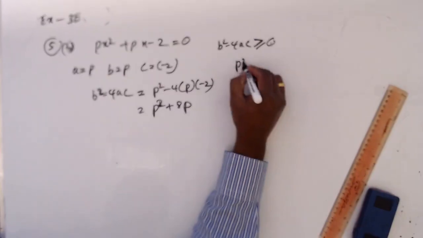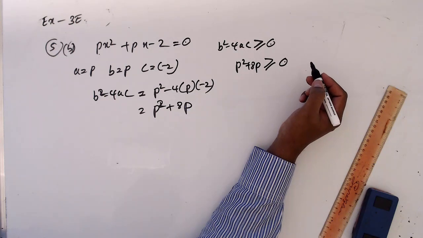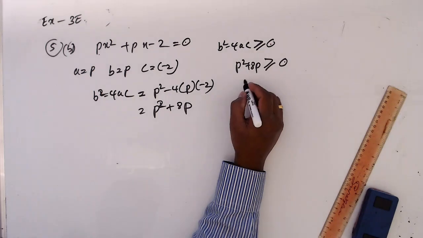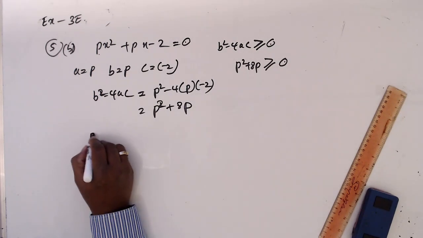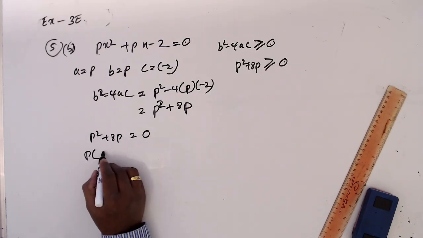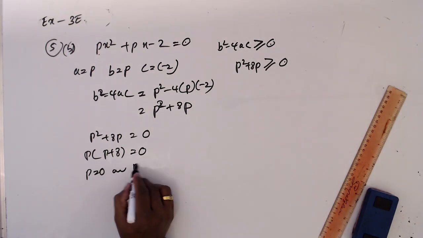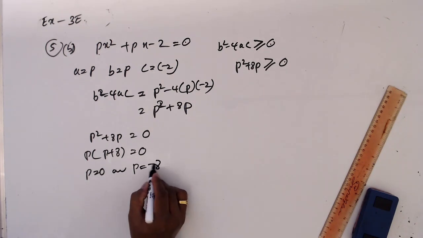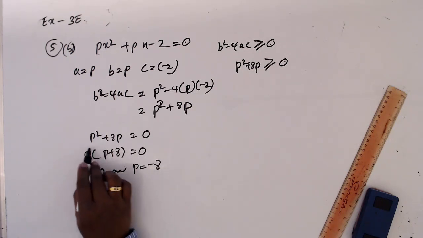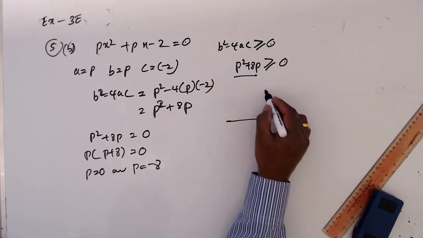Now p square plus 8p greater than or equal to 0. We'll solve this one now. p square plus 8p equals 0. p times p plus 8 equals 0. p equals 0 or p equal minus 8. Now this is a quadratic equation, it has a minimum,